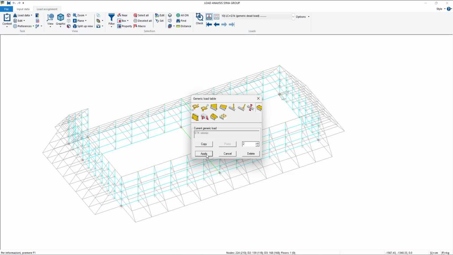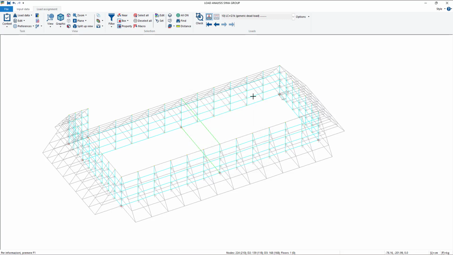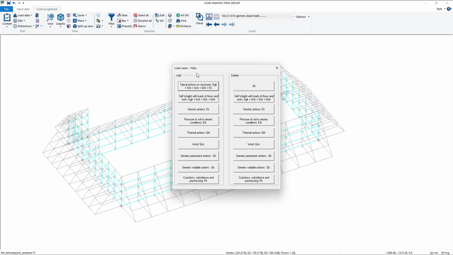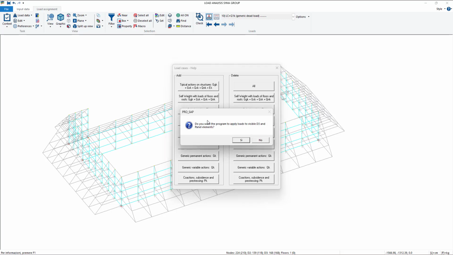This time we don't have to assign it to every element of our wall for the same load case, because we have to create 4 different load cases, one for each direction. So we go on load data, load cases, add pressure of soil in seismic condition ETK.